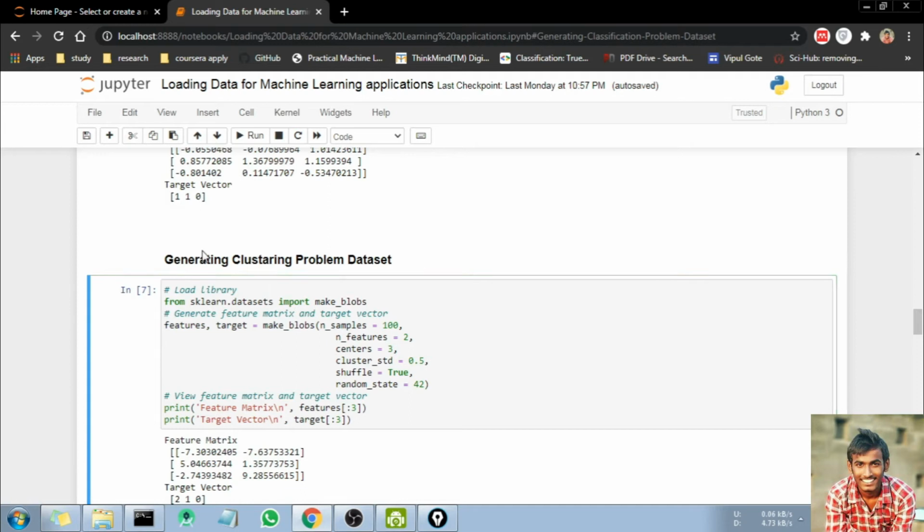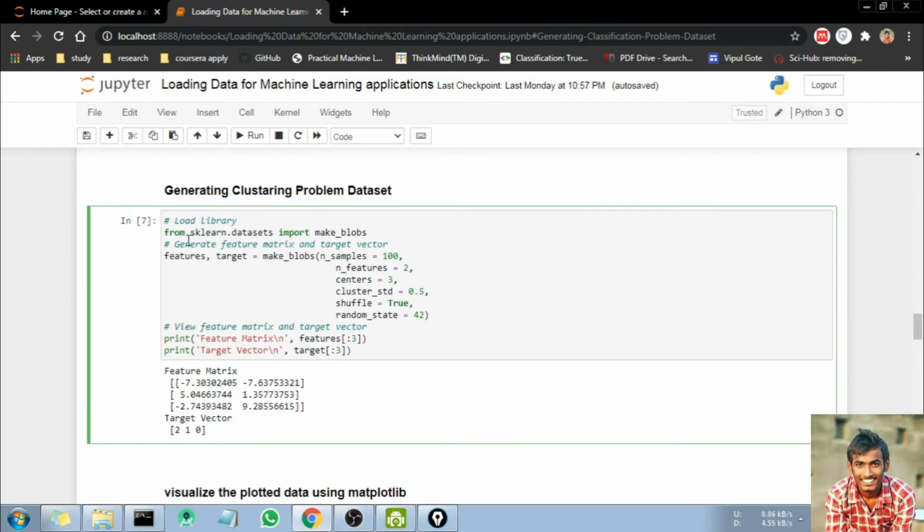So now we are going to generate a clustering problem dataset. For that we are going to import make_blobs from sklearn.datasets. The make_blobs function also takes the number of samples, so we need 100 samples.